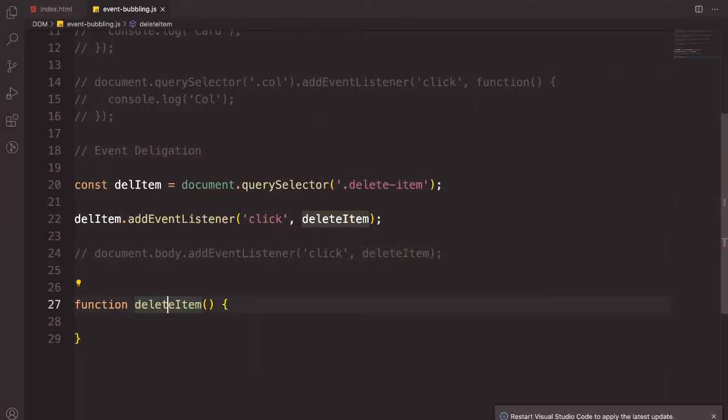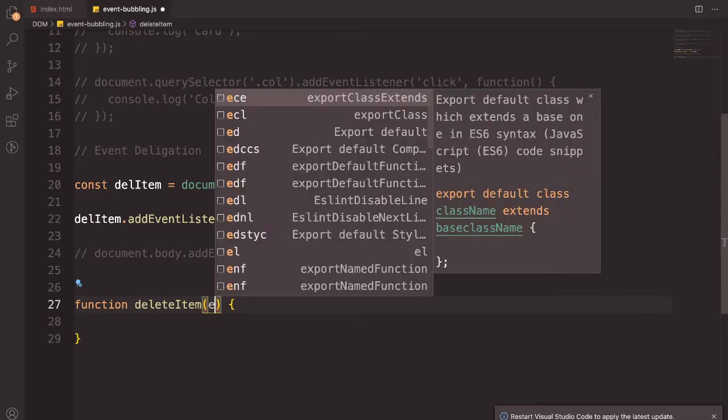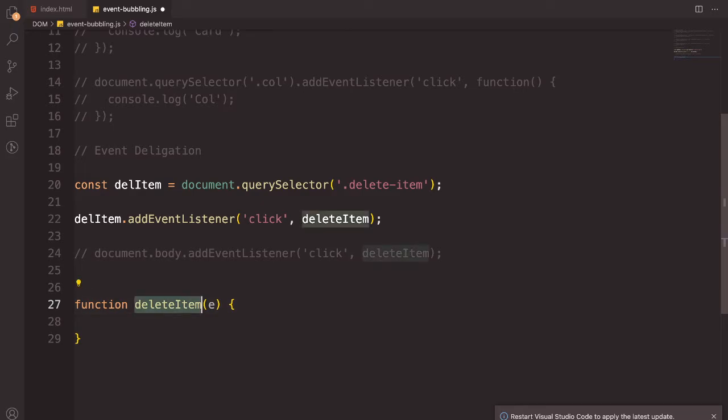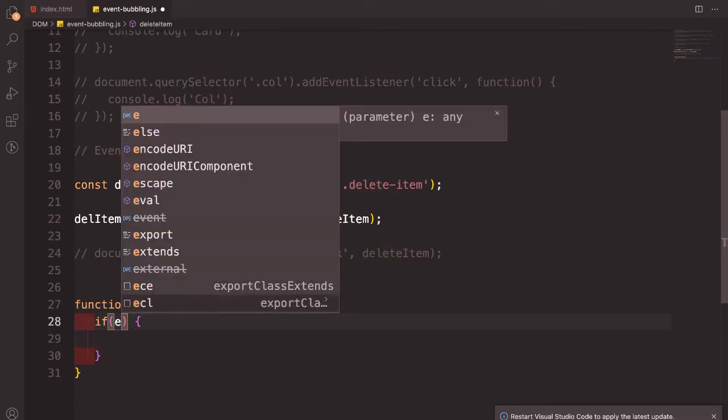alright, meron mag-run na function. So, we're going to add an argument or parameter sa loob ng delete item. So, diniscuss ko yan during the event. Okay, so kindly watch those lessons. So, I'm going to add a conditional statement. So, ibig sabihin, bago pa mag-run tong function na to, kung ano man yung nasa loob, gusto ko muna ma-validate siya. Alright, by adding an e, yung parameter na yun, e short for event. So, anong klaseng event daw yun? So, yung target,